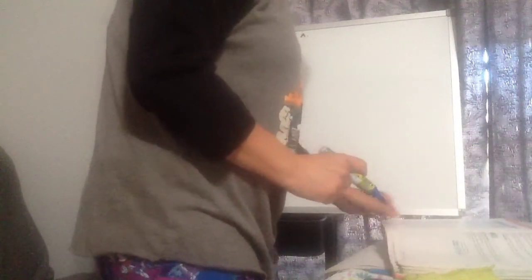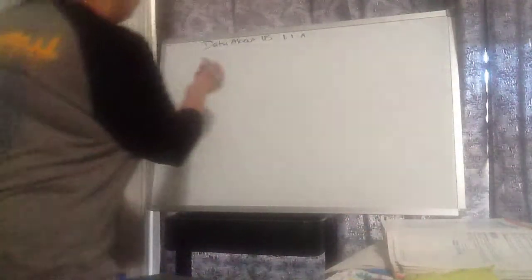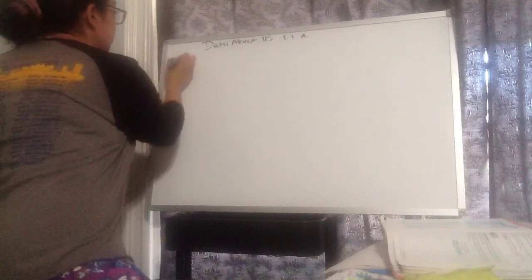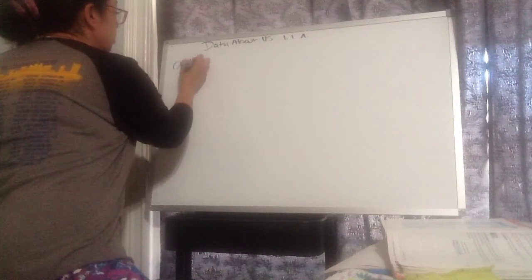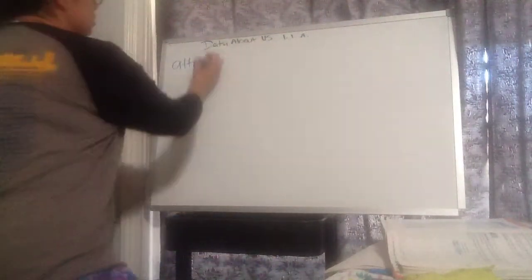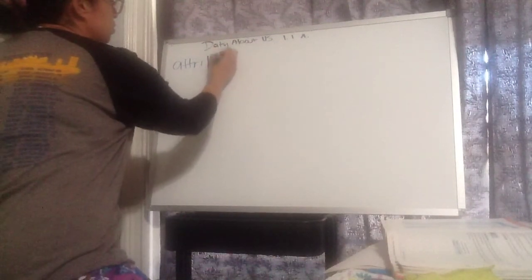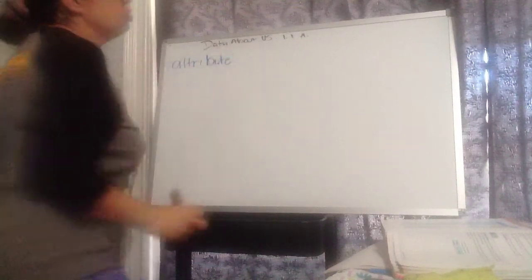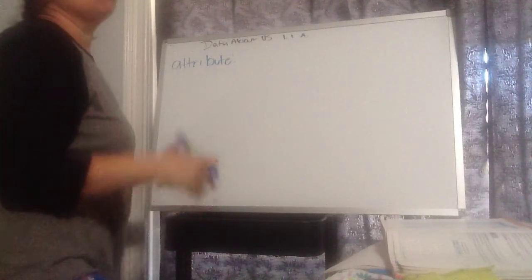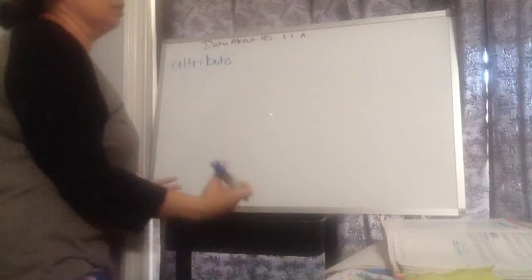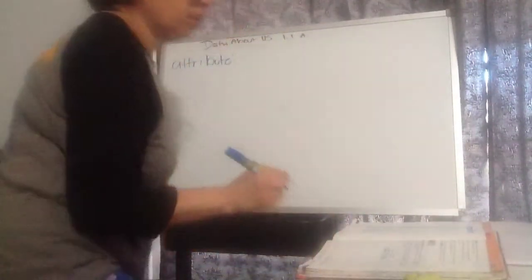All right, so for 1.1, the first word that we need to know is the word attribute. Attribute, A-T-T, at, tree, A-T-R-I, butte, B-U-T-E. Attributes are characteristics, or it tells something about someone. So the book definition is a characteristic,